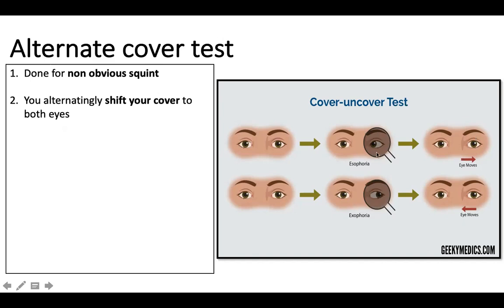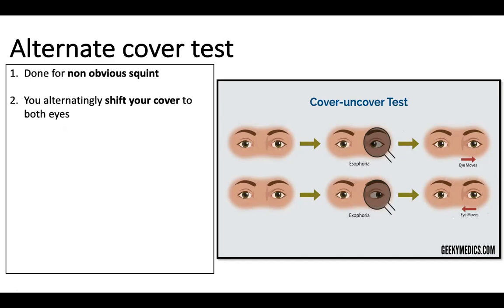In this case, it is a hidden esotropia in the left eye. So you rapidly alternate, and once you uncover the left eye, the hidden esotropia becomes a movement. You can see the eye moving outwards. Once you see an eye moving outwards, you know there is a hidden esotropia. And if you see an eye moving inwards, you know that there is a hidden exophoria. You don't call it tropia, you call it phoria. For a latent squint, you use the term phoria instead of tropia.